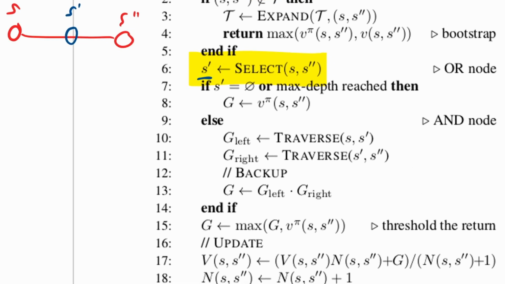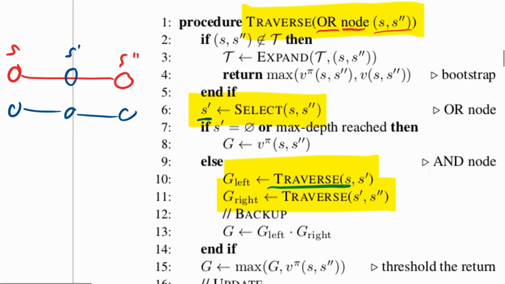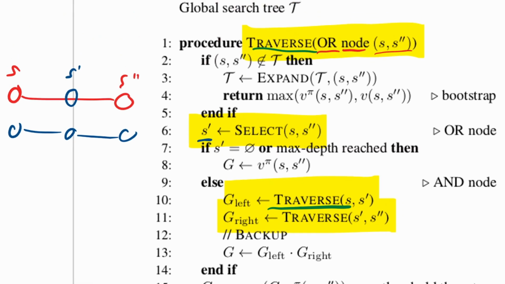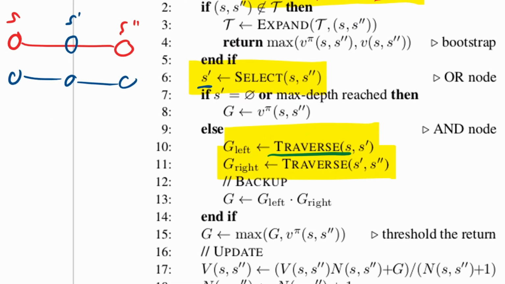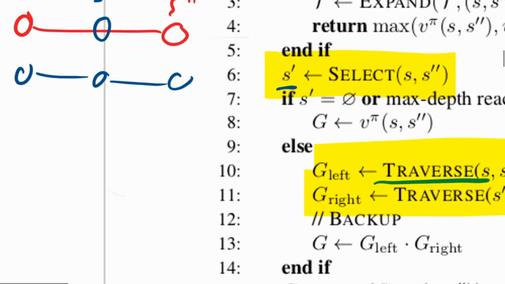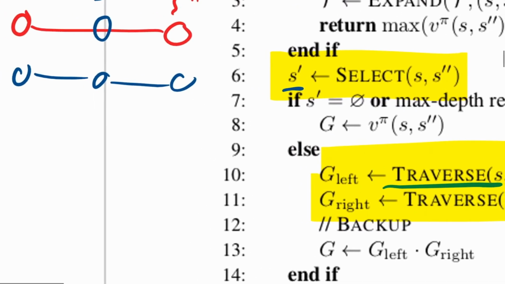And then it will recursively traverse the left and the right branch of this tree. So it will subdivide the problem into two problems and then recursively call this traverse. You see that's the function that we're defining. Call this traverse function on these. So it will subdivide this problem into these problems, and for the next